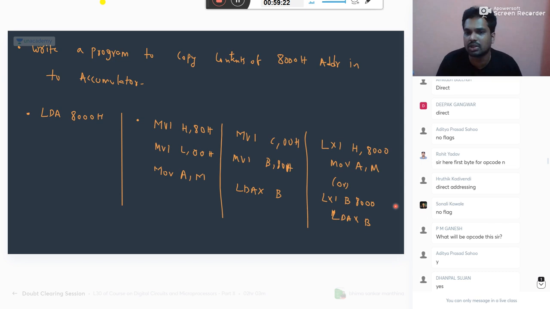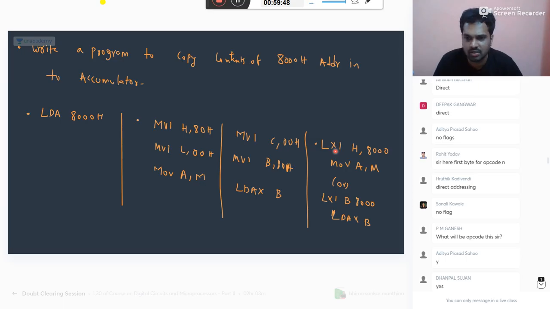Yeah, what is the problem in that? It is not LDX. I hope you can see, this is not D, this is the letter X. Aditya, I haven't written LDX. If I wrote it, please show me, Aditya, where I have written LDXH.